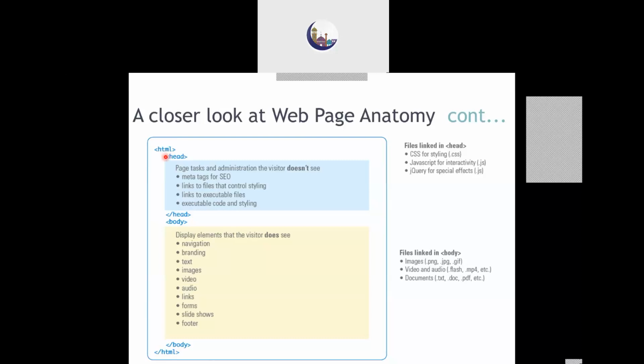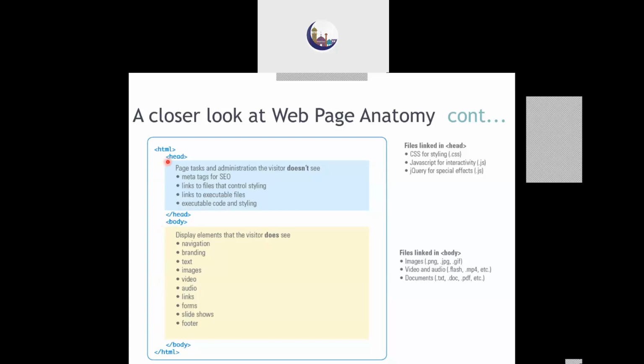Now, within this HTML, now that we have told the browser that we are following HTML language, there are two components of a web page. The first component is the hidden part, which is not displayed on the web page. The other is the viewable part, which is displayed on the web page. For the hidden part, we have a tag called the head tag, and for the displayed matter, we have a tag called the body tag.